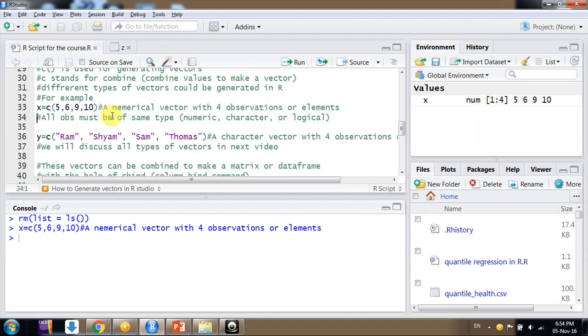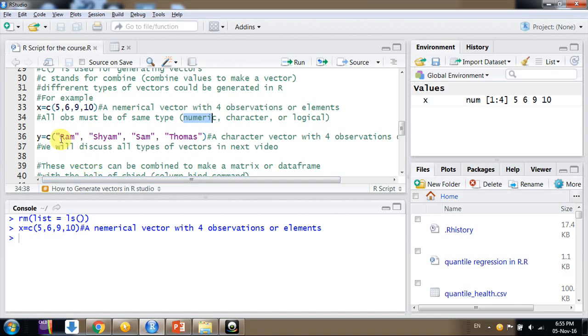Now one thing you need to learn here is all the objects in a vector should be of the same type. They could be either numeric, logical, or character, but they all should be of the same type. We will discuss all these types in the next video.